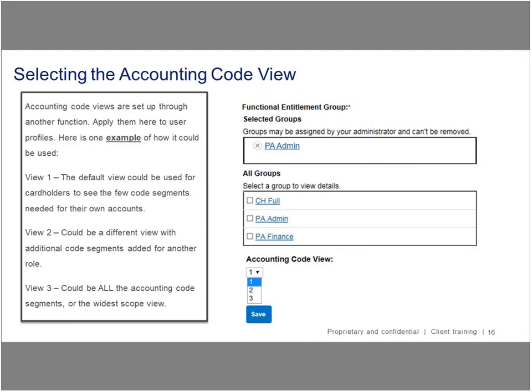And the very last option on this page of setting up our user profile, step one, basically, is accounting code view. Now, I am not sure if Colorado is going to be using accounting code views, so that is something that should be communicated to you as part of the implementation process. But just an example of how this can be used,